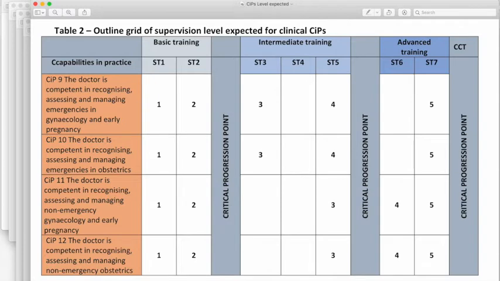And then this is another one that I found, which shows a little bit of CiP 9 to 12, the levels of experience that each trainee should have. So hopefully you meet these. Then